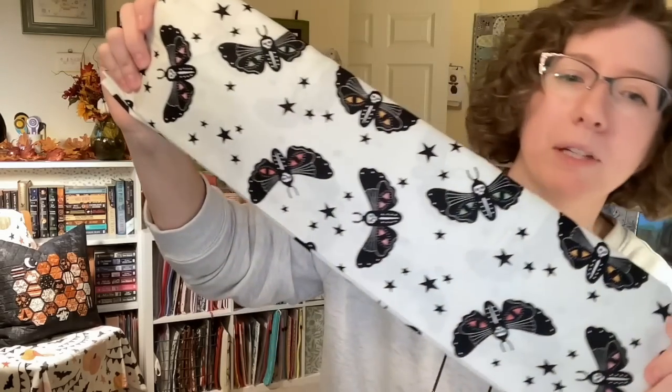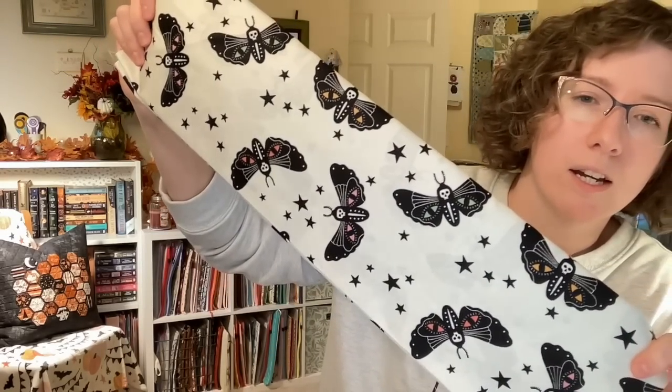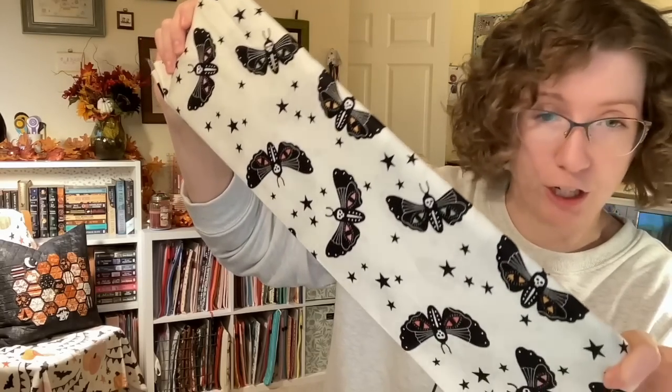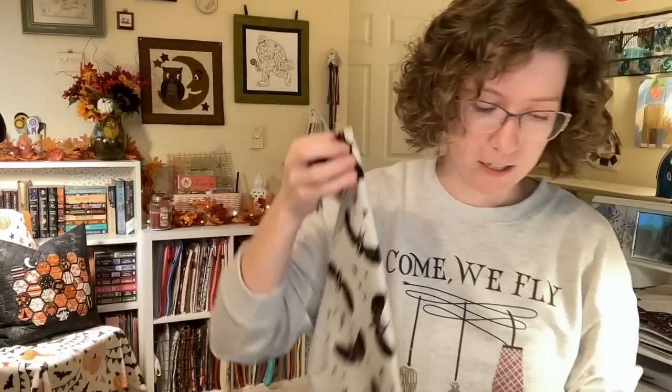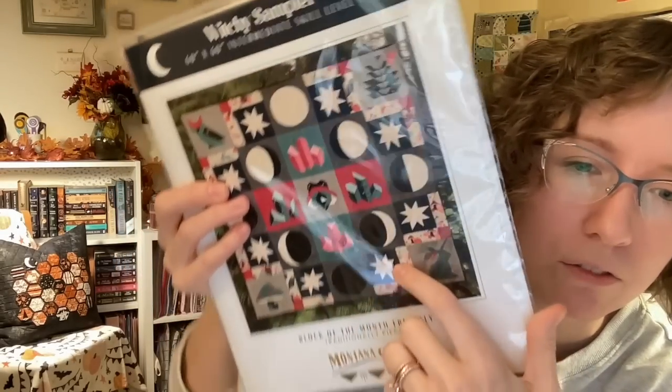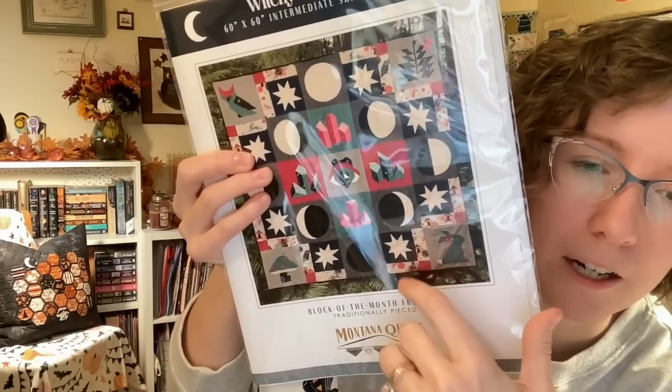Again, they're not showing great because of lighting, but if I were to go for a brighter palette, more like what's pictured, this would probably be, they have a focus piece in here through all the glare, which they used a Ruby Star line that has moths, owls, and unicorns, and it's amazing. But